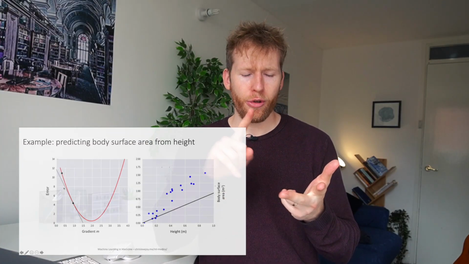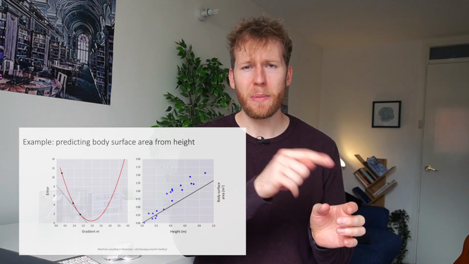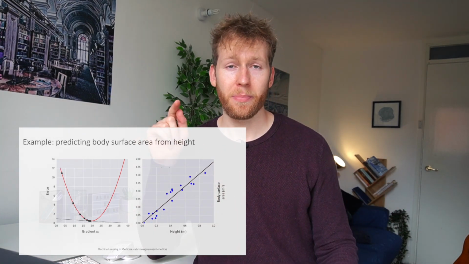But the key point is that it demonstrates this principle of gradient descent, which is that you take a guess, you look at which direction to update the parameters, and you keep on updating it in little steps until you get to the best performance. And the reason why this technique is so popular and is being used in so many of the algorithms that we're using today is because in order to find the best